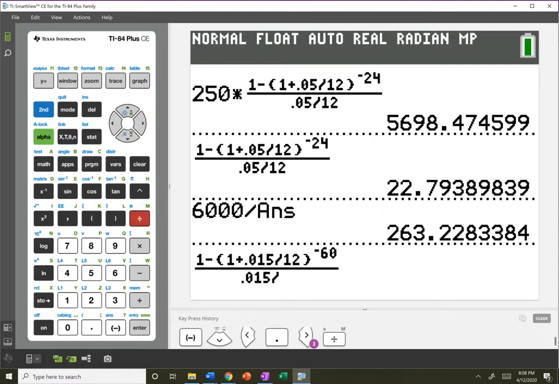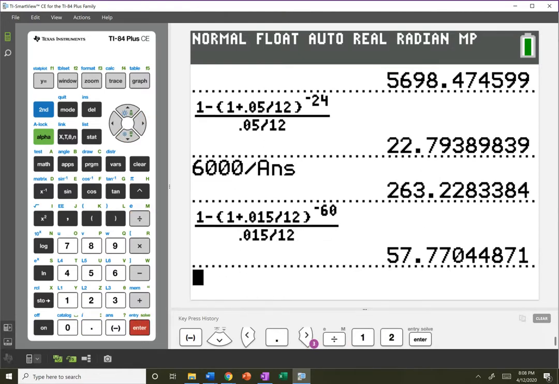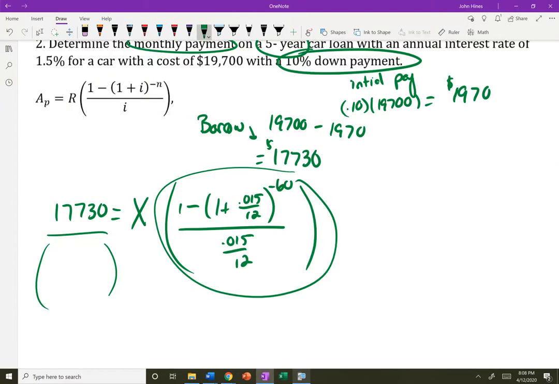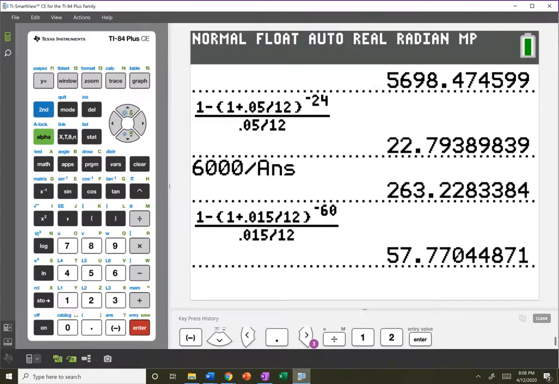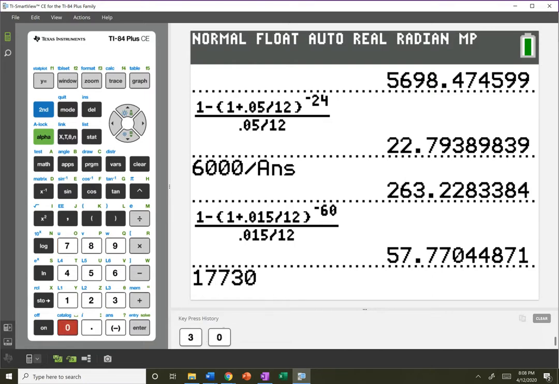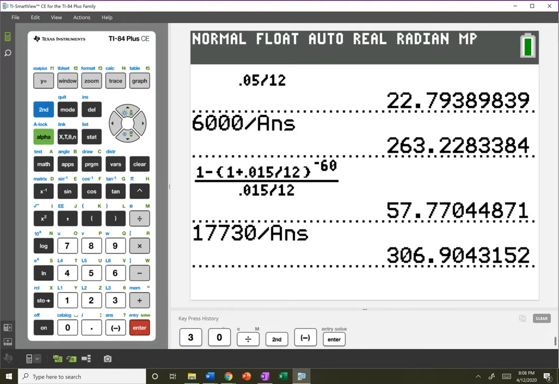0.015 divided by 12. I really struggled here. So that's what's sitting next to x. That's not my answer. That's what's sitting next to x, so I need to divide that over now. That's how much money I'm borrowing divided by that answer from above. That's it. This number here is going to tell us how much money I have to pay each month for